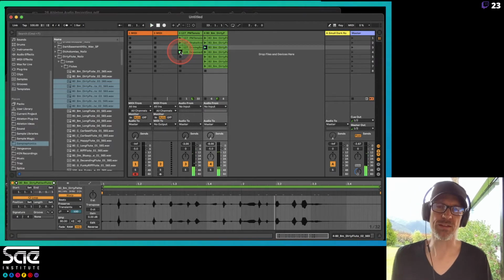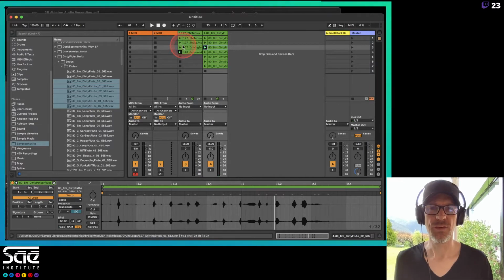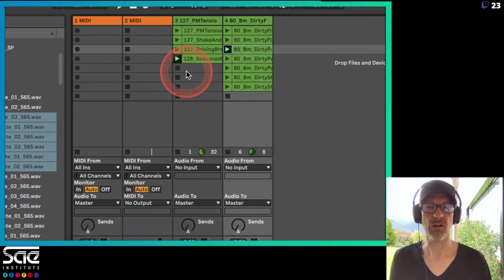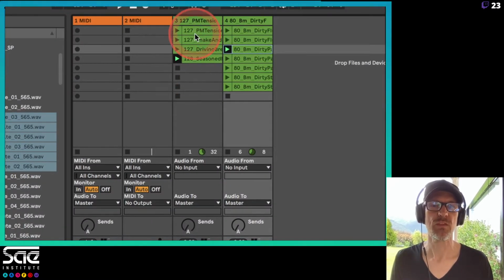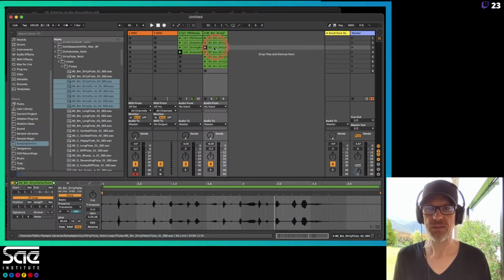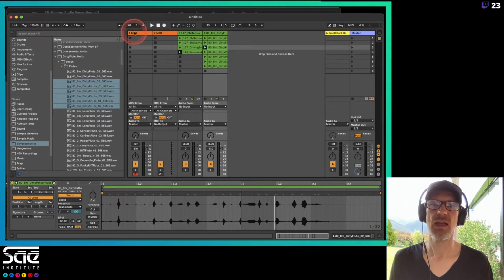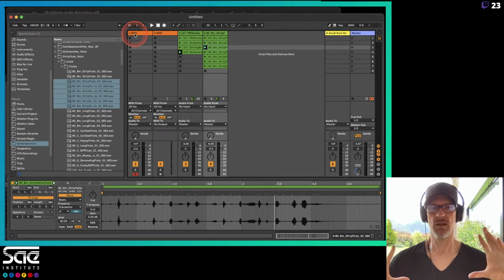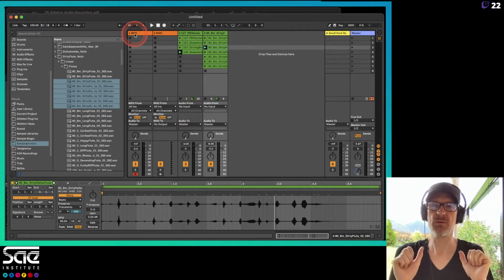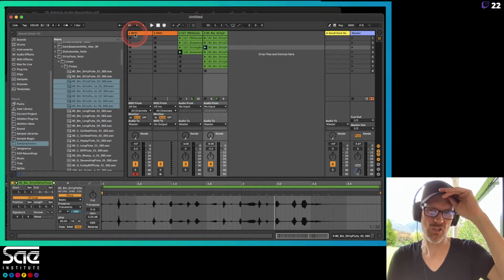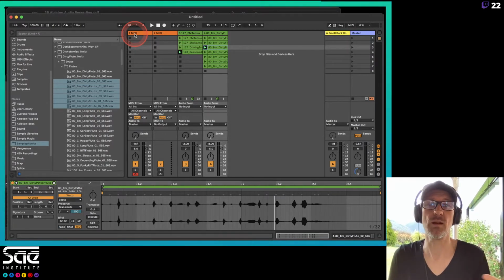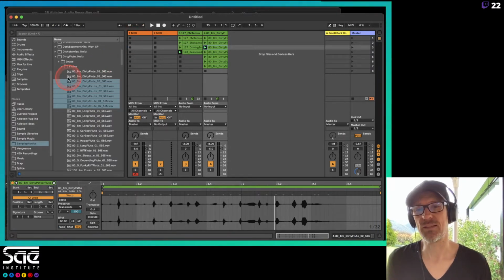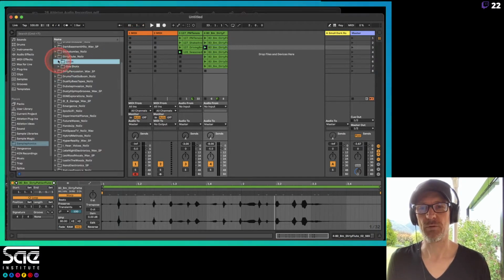Now, the other thing that's really cool about this is this tempo here is 128 BPMs. This one is 80 BPMs, but they're both playing at 100 BPMs. The reason why is because Ableton Live takes all your clips, your loops and stuff like that, and puts them at the same tempo. It pretty much knows how to do it. There are some occasions when it won't understand what the tempo is supposed to be, but if you're using loop libraries and stuff like that, it's always gonna know what that tempo is supposed to be